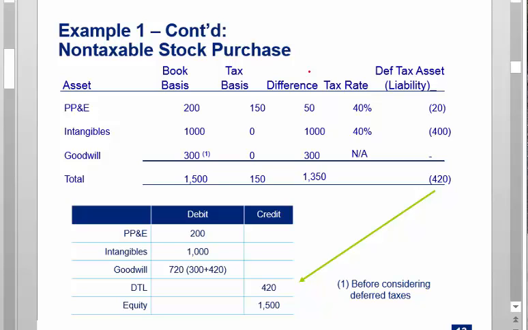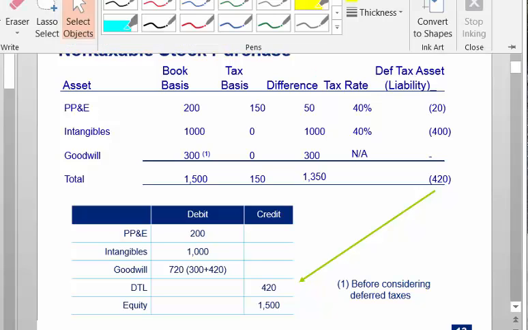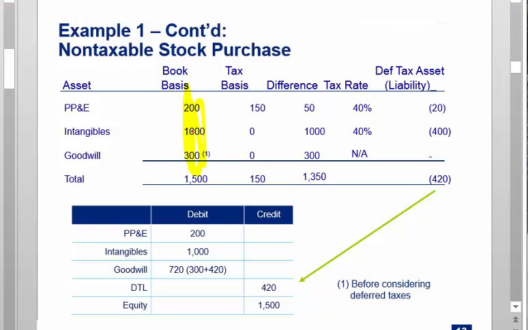Okay, so here's the transaction I want you to really focus on. Non-taxable stock purchase. So we buy the shares of the target for $1,500. There's no 338 elections. There's no tax basis step up in the assets. Books does its reset button thing. They take the purchase price, they allocate it to the assets. Okay? How do they allocate $300 to Goodwill? How does that work? Anyone know?